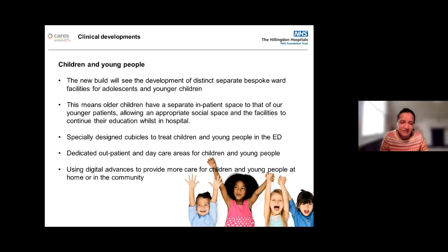And last but definitely not least, so this is the bit that I'm the most interested in, obviously, is what we're going to be doing for children and young people. One of the groups of people who we feel have been a little bit neglected in healthcare are the adolescents or young people. And traditionally, they've sort of been lumped in with the paediatric departments, but we know that